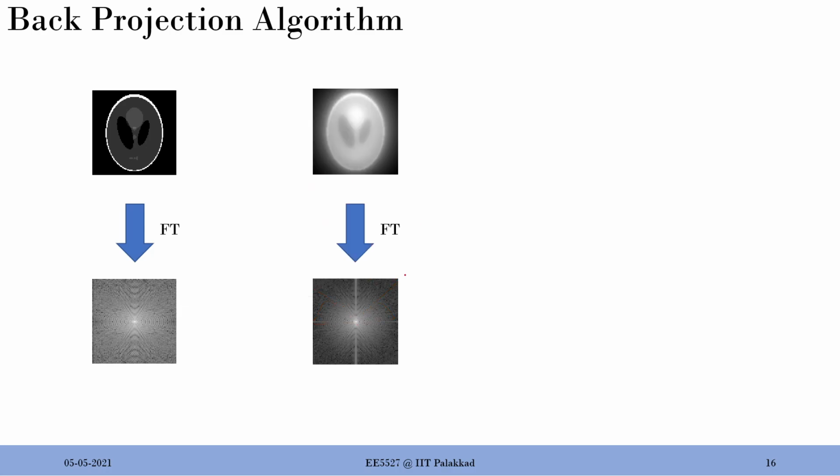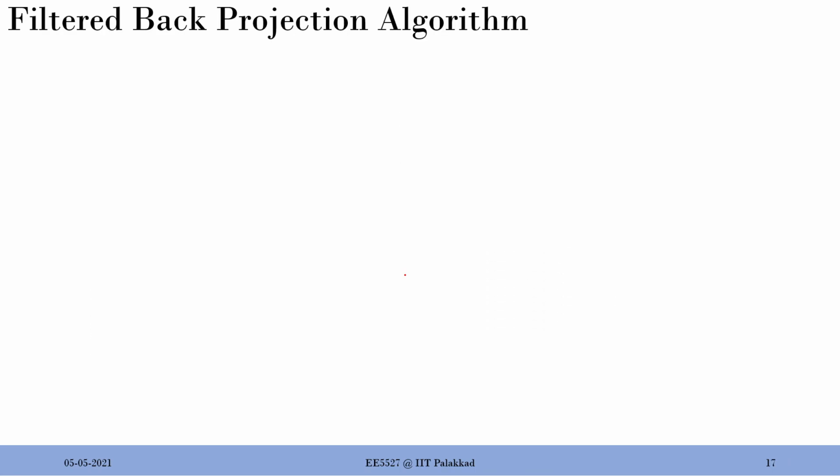You take the Fourier slices, you apply a filter on those Fourier slices, and then you take the inverse Fourier transform of those slices, and then you do back projection. The inverse Fourier transform of the slices will always go back to the projection domain. Then you do that back projection, and you get back a cleaner image. So that is the concept I thought of explaining to you. That's the key factor. Now let me derive it. If you are not understanding this, you can ignore it, because the concept is already known to you.